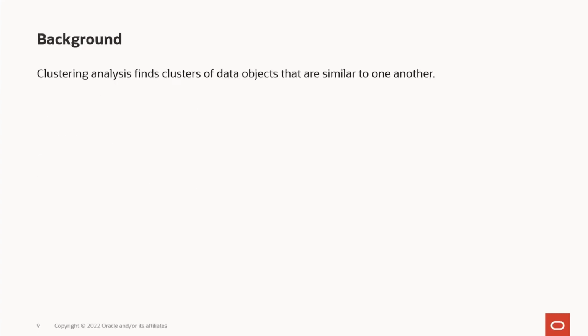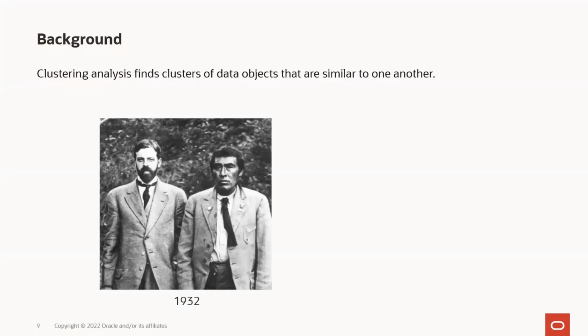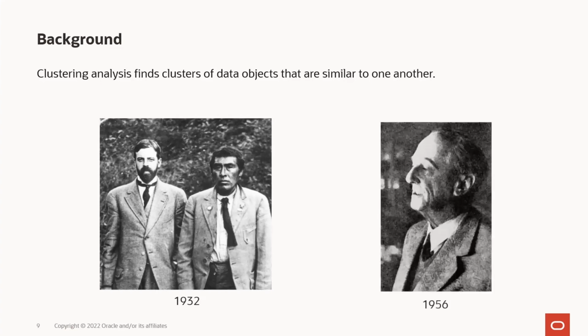So on the next slide, I'm going to go into some background. To start off, clustering as we know it finds data objects and categorizes them based on similarity to each other. This process has a long history, starting with anthropology in the 1930s, where Driver and Kroeber were credited for this conception. The most popular algorithm, K-means, was originally discovered by the Polish mathematician Hugo